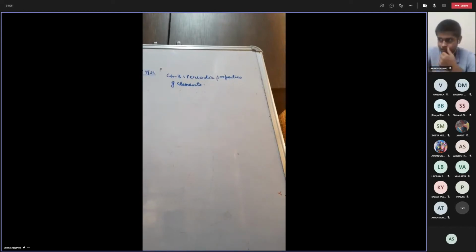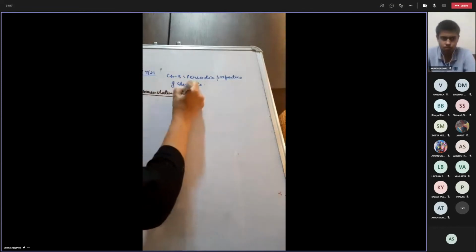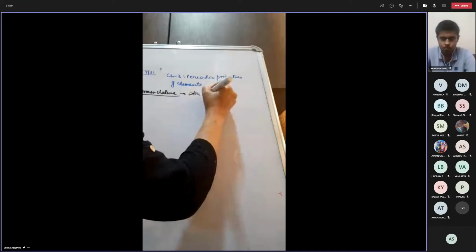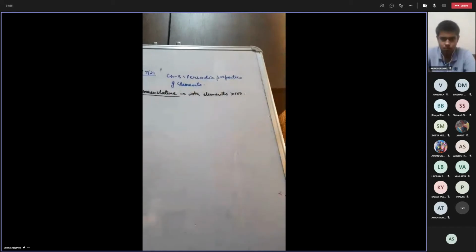Now see, further what we are doing is the nomenclature of elements with atomic number above 100. While doing the IUPAC nomenclature, there was a problem: most of the elements after atomic number 100 were discovered later on. Some of them were discovered only 20-30 years back. So the scientists who discovered them tried to give a name after themselves.